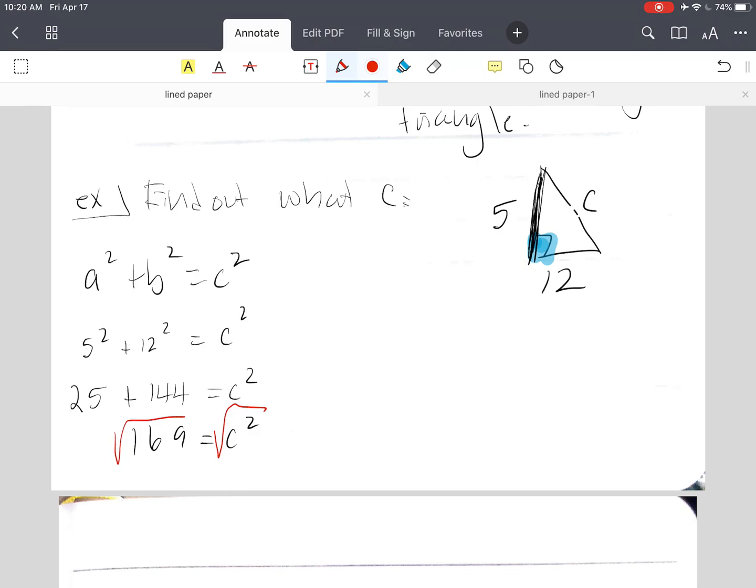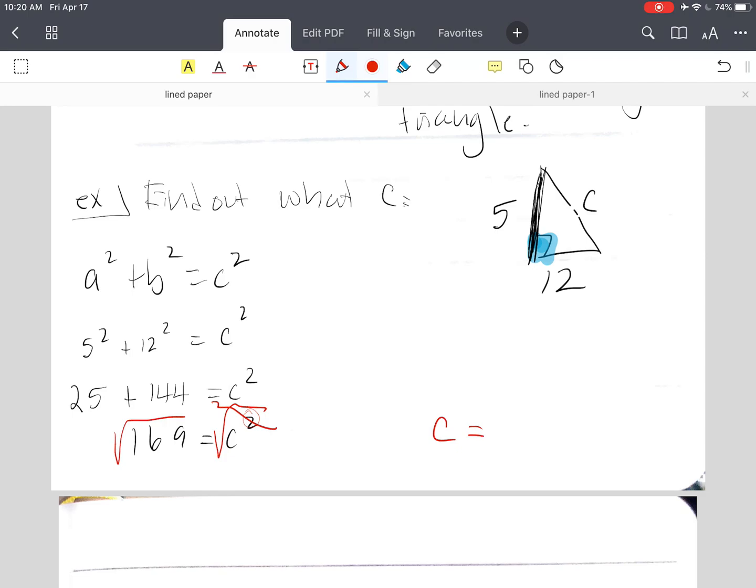Okay? I used red because I don't know why. Now, when you take the second root of a square, these cancel, right? I mean, that's the whole idea of doing the inverse. You cancel. So now you have c is equal to